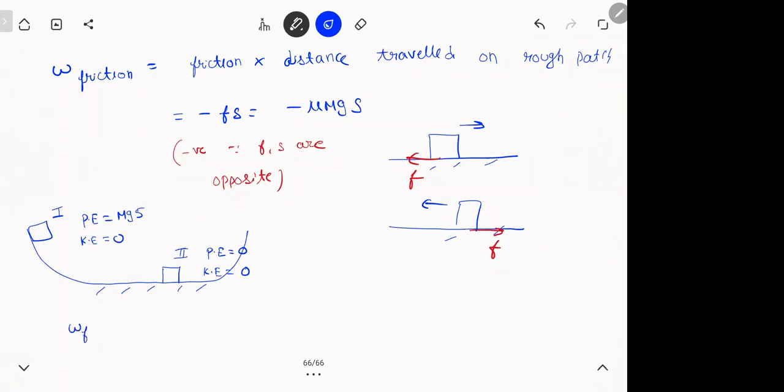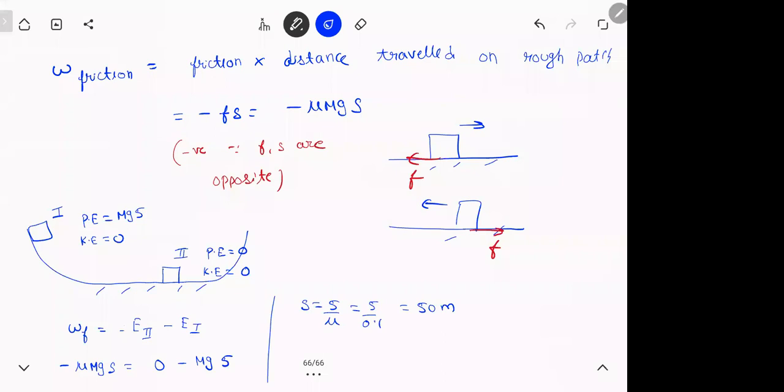And we know then work done by friction is change in potential energy plus change in kinetic energy, or you can simply say E final minus E initial. So you can't use conservation of energy here because friction is an external force which is dissipating. This is minus mu mg s, equals 0 minus mg 5. So from here mg cancels out, s is equal to 5 by mu. Mu is 0.1. That is 50 meters. Meaning this block will travel 50 meters on the rough patch AB.